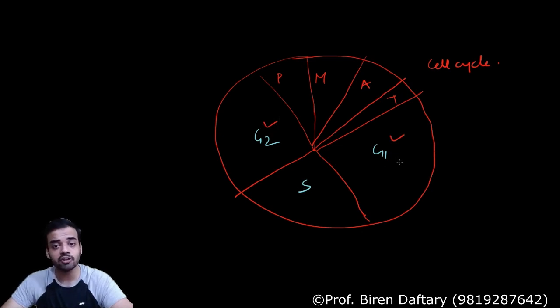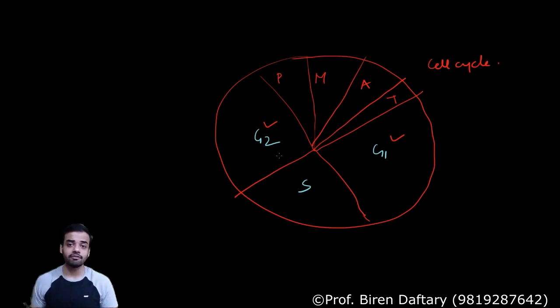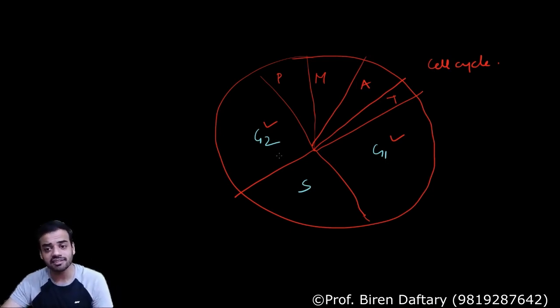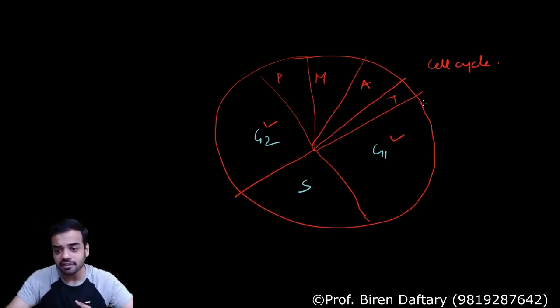So transcription occurs only in G1 and G2, and I think one of the students had asked me that, does that mean that it occurs in the cell cycle? See, what is a cell cycle? Cell cycle is basically the life of the cell. The cell will start from here. By the time it ends the cycle, there will be 2 copies. So the entire life of the cell is called the cell cycle. So transcription, replication, translation, everything will occur inside the cell cycle only. Okay, that is one thing.